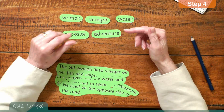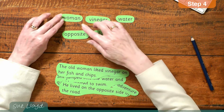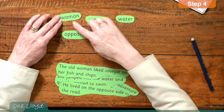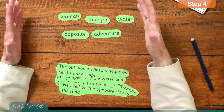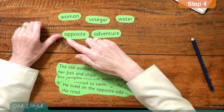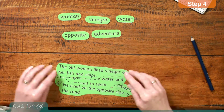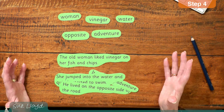Some words need only a little adjustment, as was shown in step 3. And now a few words like these need a little more adjustment. Now, if you just see this word without any sentence around it, it's quite difficult to get woman, woman. They might make the leap. Vinegar, water, waiter, opposite, adventure. But if it's in the sentence in their books, then it makes it easier to make that leap